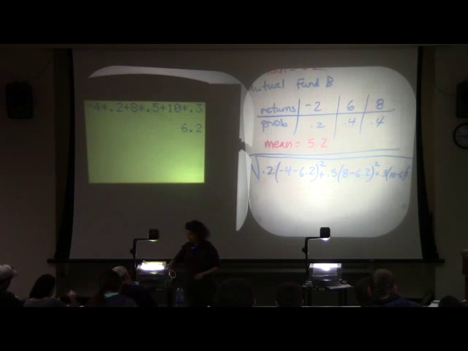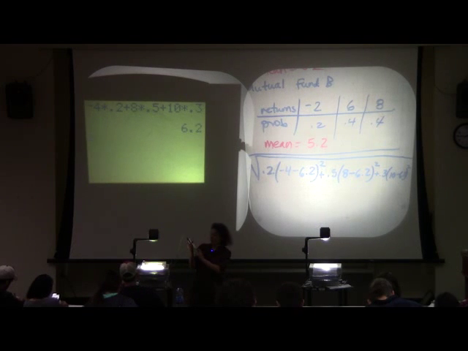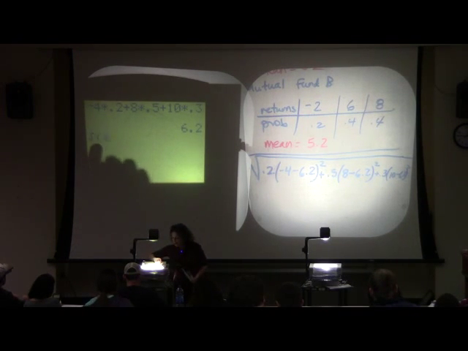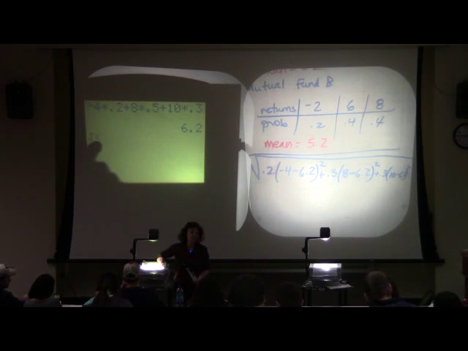Now, let's practice pushing buttons in our calculator. Some buttons you need to be aware of. Where is your square root button? Mine is diagonal to the left from my number 7. It's actually the second button because my x squared is the first. So I would hit second x squared and I get that square root. Notice, mine has a parenthesis. If yours does not have a parenthesis, put one in.